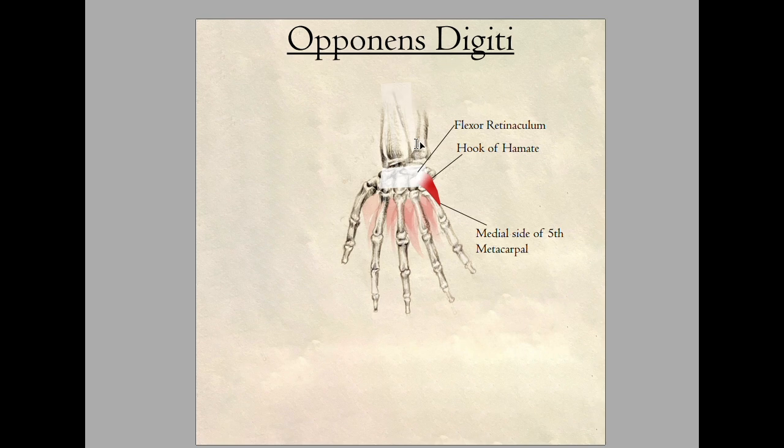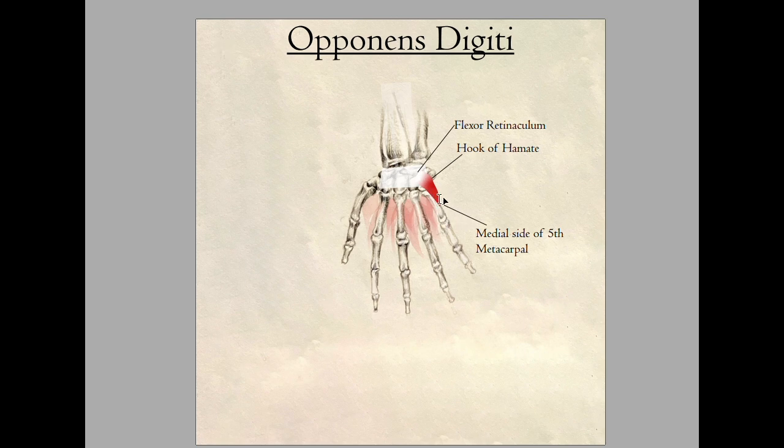And what does opposition of the fifth digit look like? Opposition of the fifth digit is essentially whenever you bring the tip of your pinky to touch the tip of your thumb, okay? And you make that circle between your pinky and your thumb. That right there is opposition, okay? That's what you just did. And to do that, you need an ever slight amount of